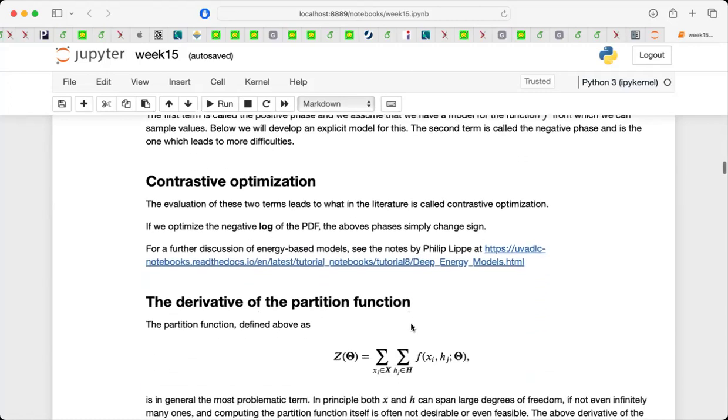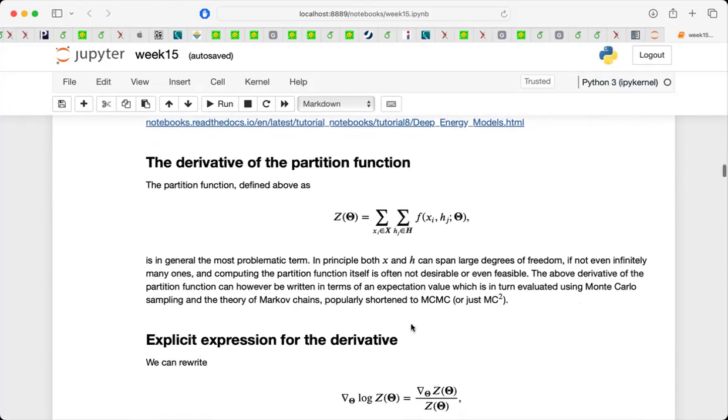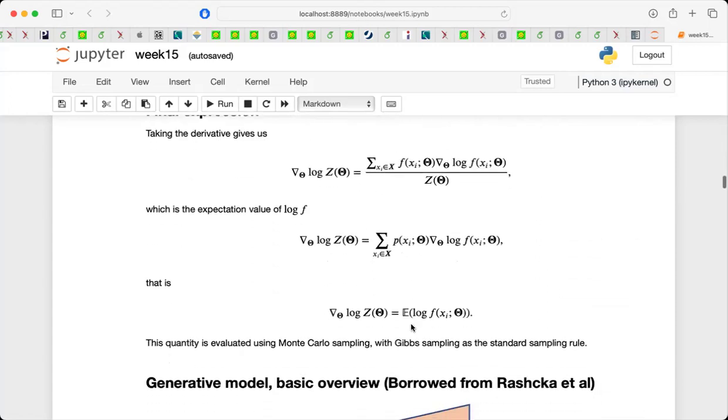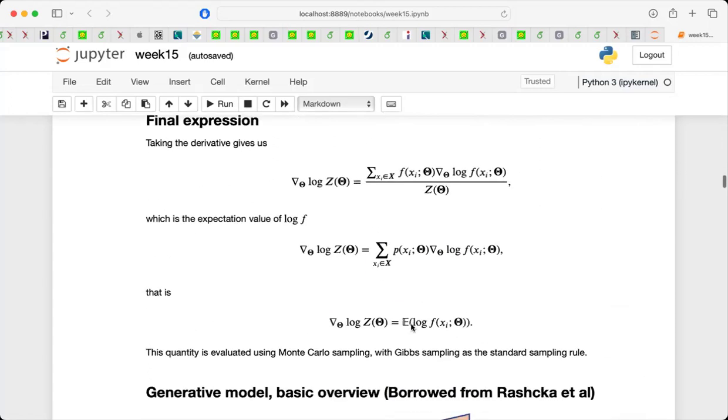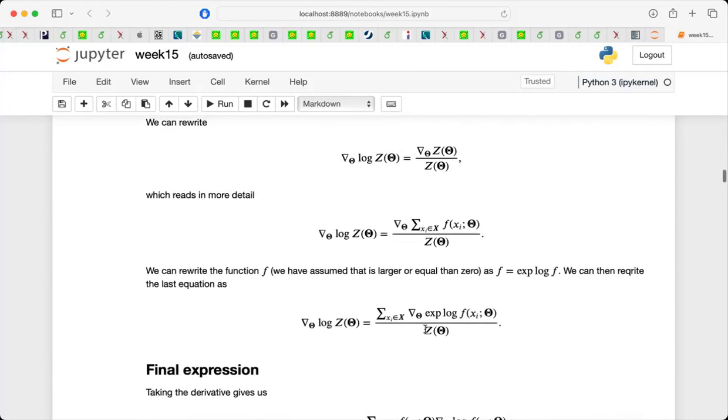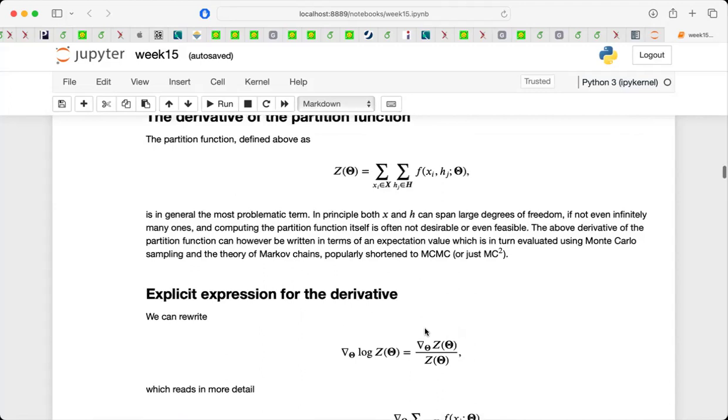So let me just bring up the final equations here, after all this algebra, because we went through this before. We can actually calculate the derivative of the partition function as a function of the parameters in terms of an expectation value. So this quantity which you see here,